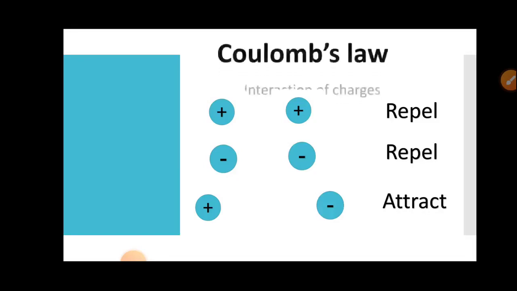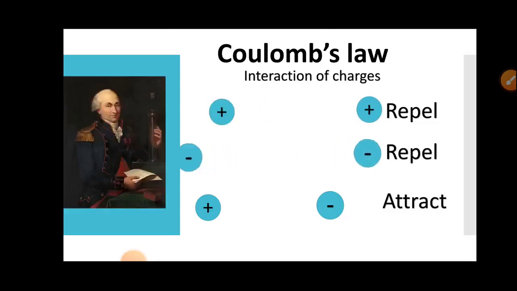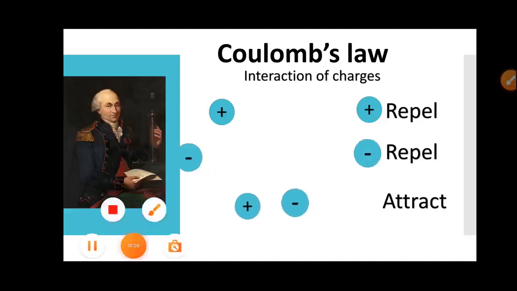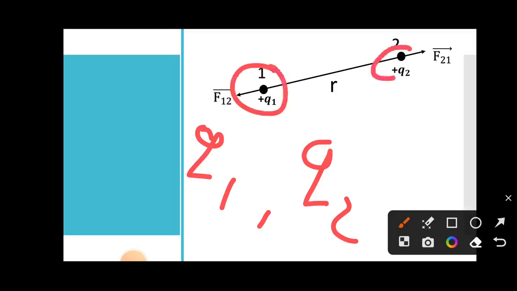Coulomb's law says it is the interaction of charges. Here, we know that if two positive charges are there, then they repel. If two negative charges, then they also repel. And if there are a positive and a negative charge, then they attract. Now see further. If we have two charges, say Q1 and Q2, and the distance between the center of Q1 and the center of Q2 is say R,